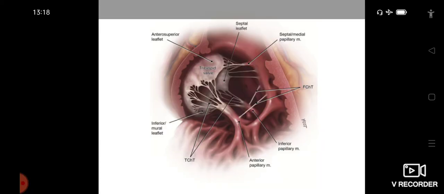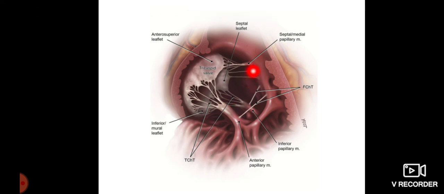Now, here you can see the cusps of the tricuspid valve. This is one cusp. This is another cusp. This is another cusp. So 3 cusps. And these cusps are connected to the papillary muscles. So you can see the papillary muscles 1, 2, 3. These 3 papillary muscles are connected to the corresponding cusps of the atrioventricular valve,